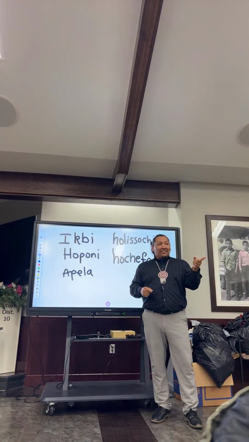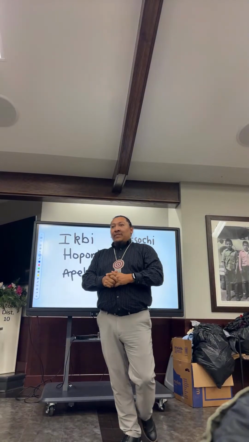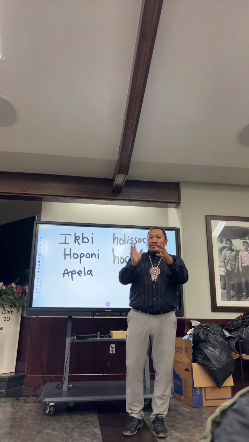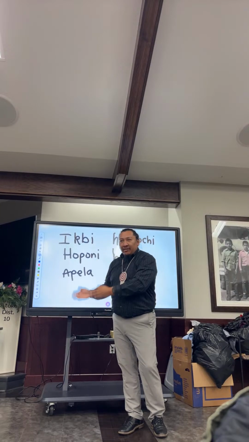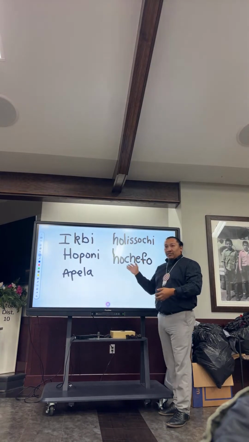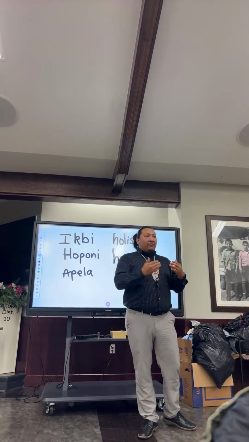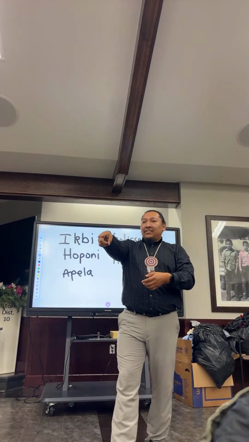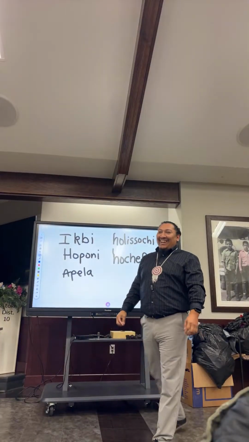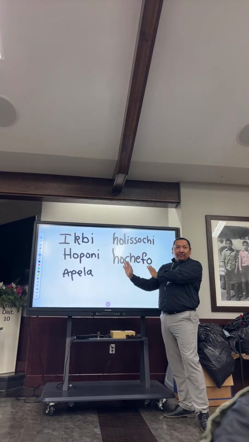Say it again. There you go. Holiso ishochifo. Okay. Holiso. Remember what I said. If you're talking about an object, that will always go to the front of your sentence. And the action always comes at the very end. So in this case, hochifo is the action. So, holiso ishochifo. If you were looking at that and I said, Nanta ishochifo, you would say, holiso hochifole. Okay? So these are 5 new verbs.